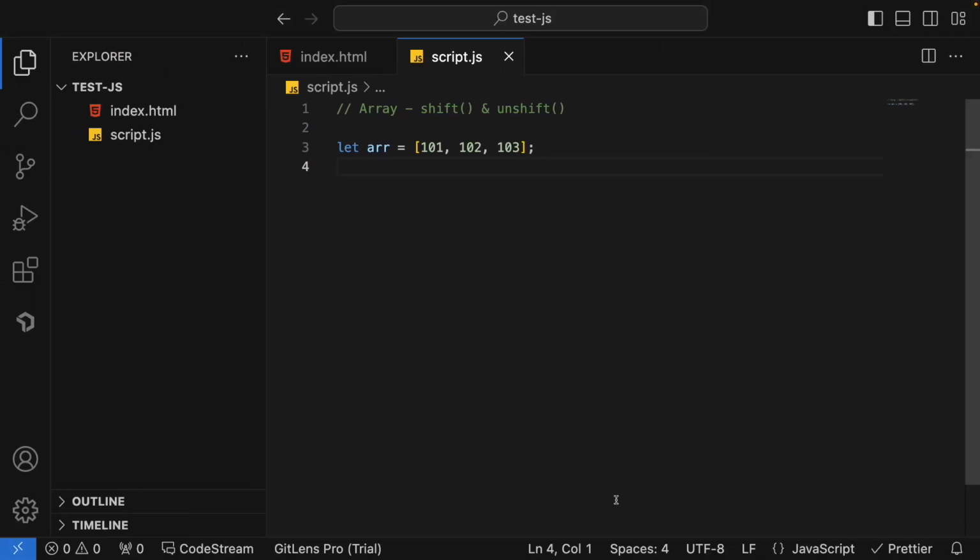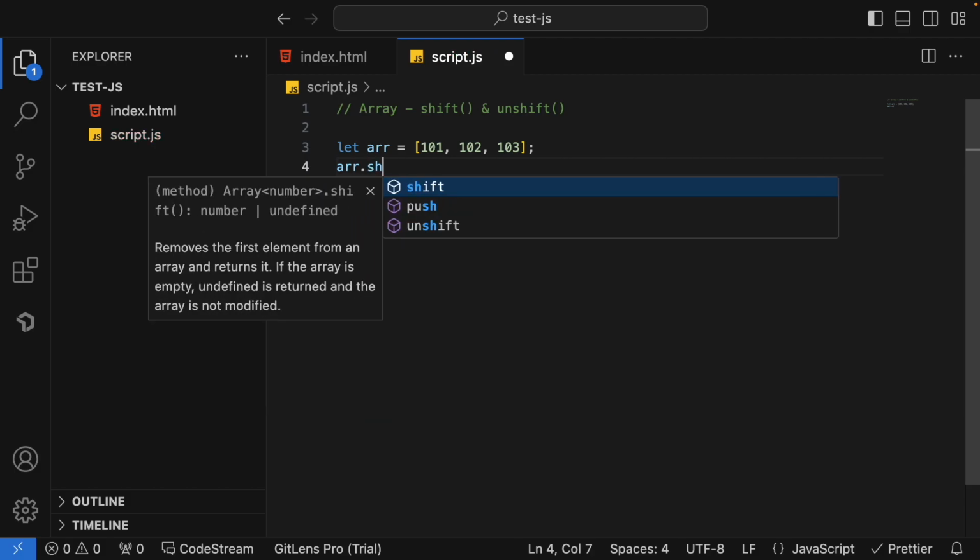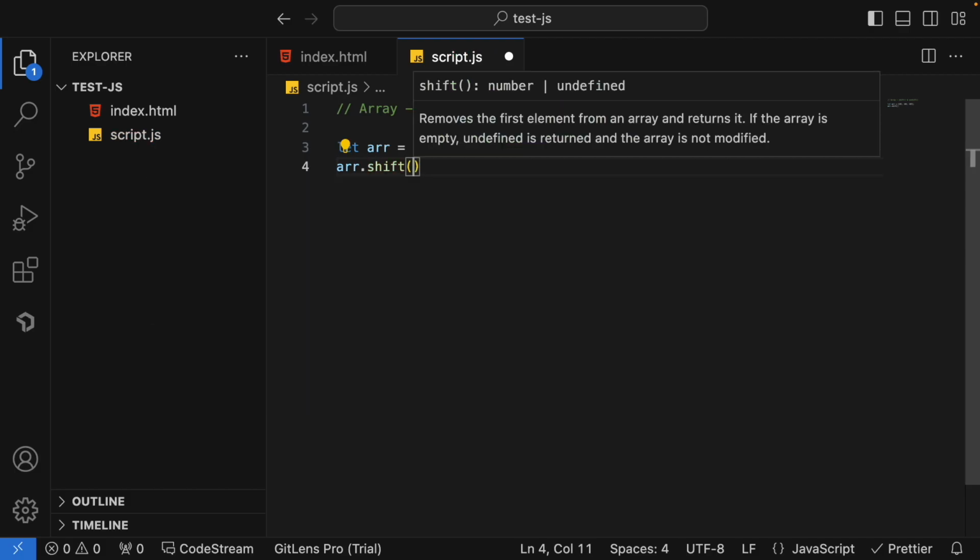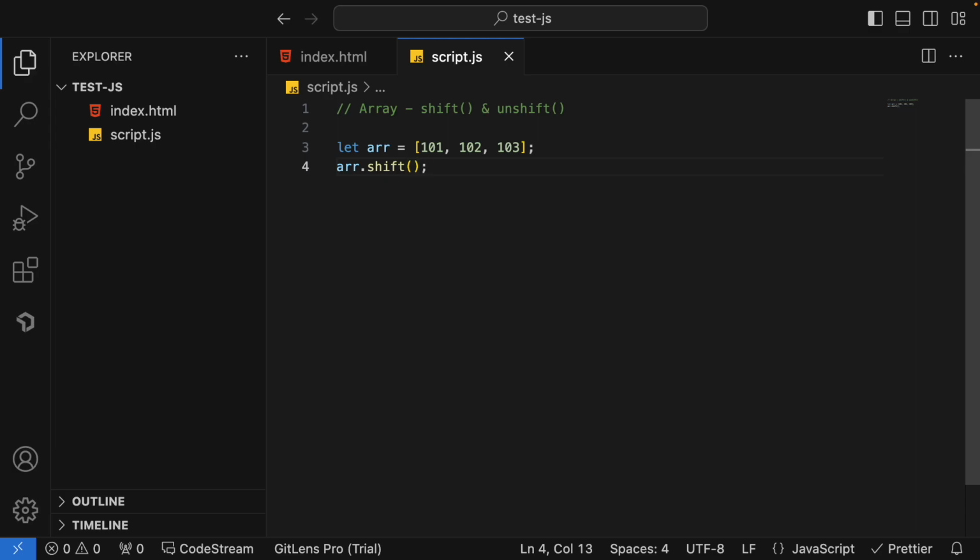Let's also try to write some examples for the same. As mentioned in the example, we have a simple array here, and let me perform a shift operation. The documentation clearly mentions that shift removes the first element of an array and returns it. If the array is empty, undefined is returned and the array is not modified. So if I do this shift operation here, then log,